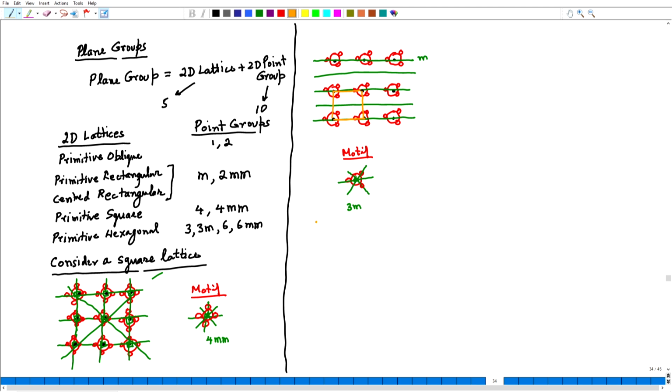So, the lattice of this pattern is primitive rectangular and not a primitive square. Even though, for the unit cell that I have defined, if I look at the lattice parameters a and b, we will find that in the specific case a is equal to b, but that is not how you define a lattice. So, this is just a coincidental equality.